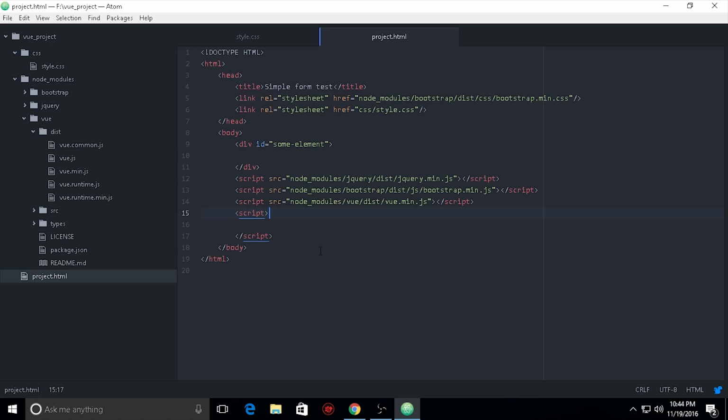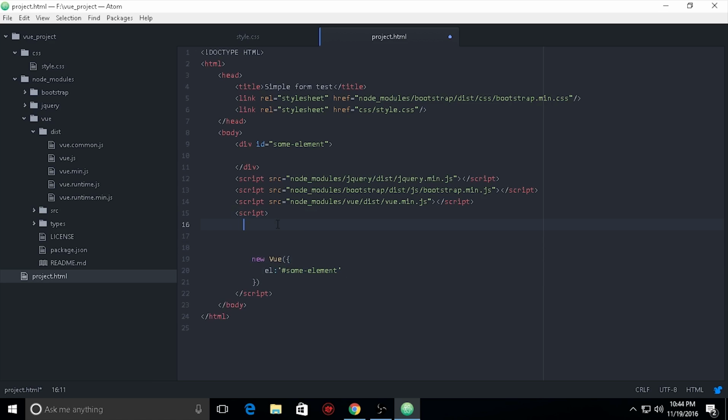Last week I told you about list rendering, and for the advanced one you need to know some components, the basic ones. So without further ado, let's get started. We need to initialize the Vue object. You need to use new Vue and put your element on this, on the some element,